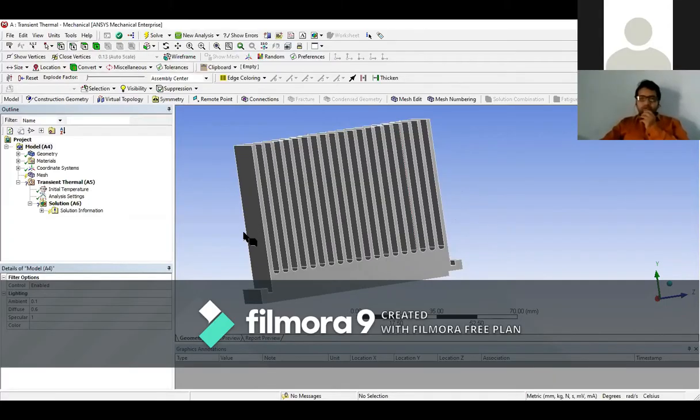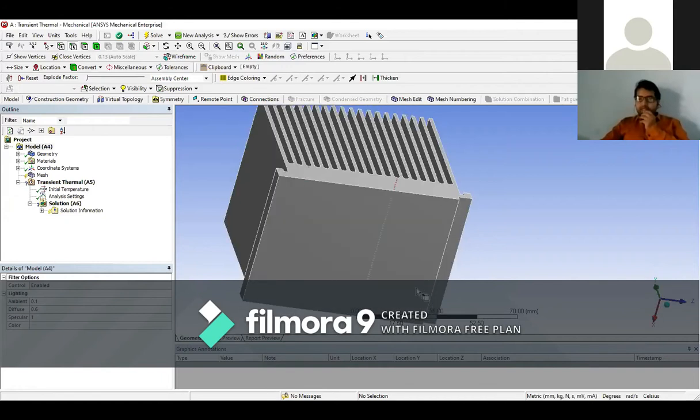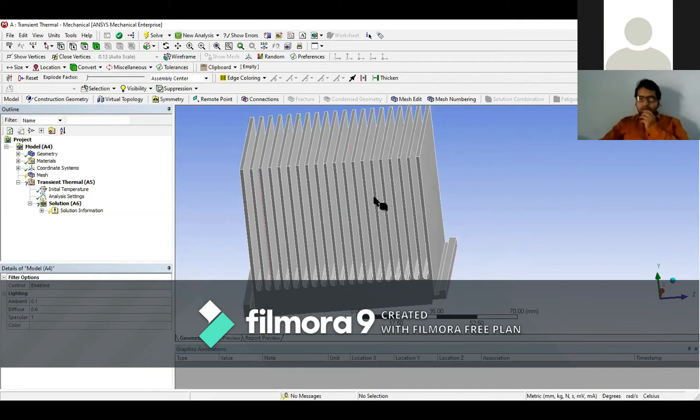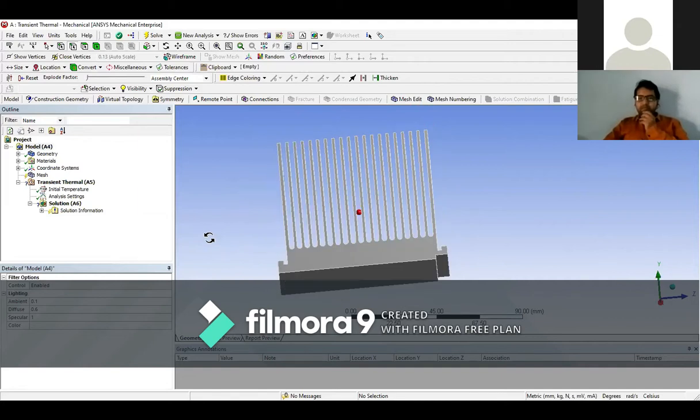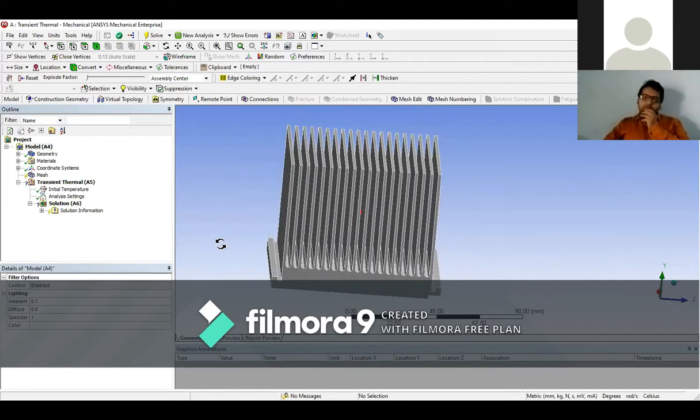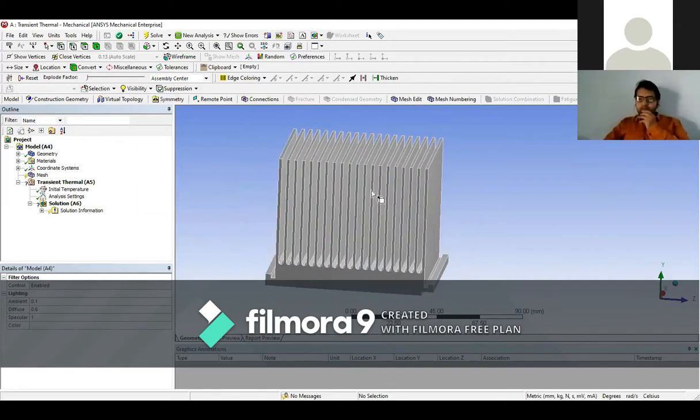So we put up the boundary condition here, 80-degree temperature, and find out the result surrounding the fins, how much heat is released outside the heat sink with the help of this analysis. So we find out the maximum amount of heat release, and we will change the design of our fins.